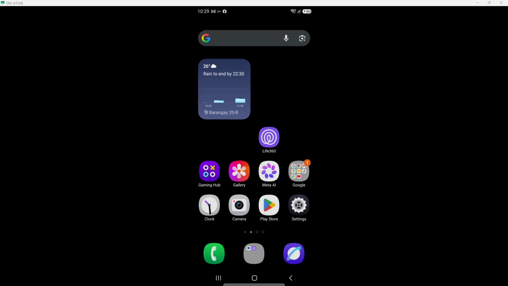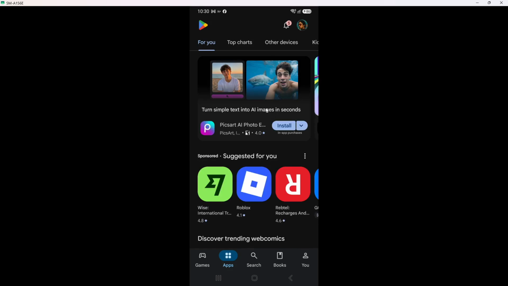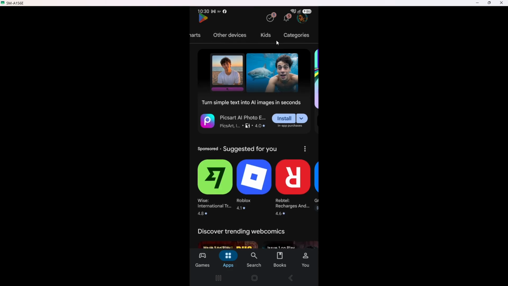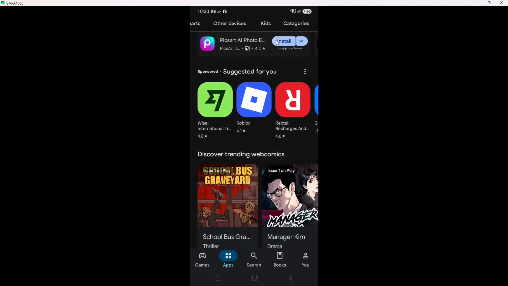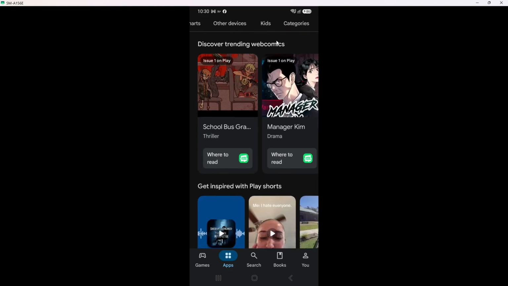Start by opening the Google Play Store on the device you are currently using. This is where you can find millions of apps to choose from. The Google Play Store interface is user-friendly, and you will see sections for games, apps, and even movies. This familiarity makes it easy to navigate. Take your time to explore the layout if you wish, as knowing where everything is can make your app searching experience smoother. Now let's search for the app you want to install.